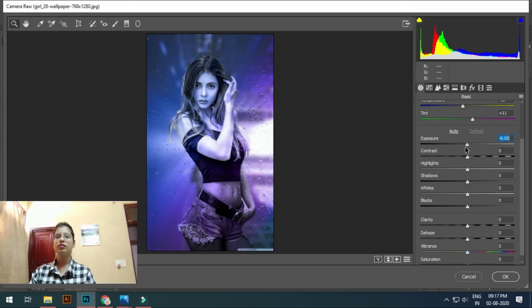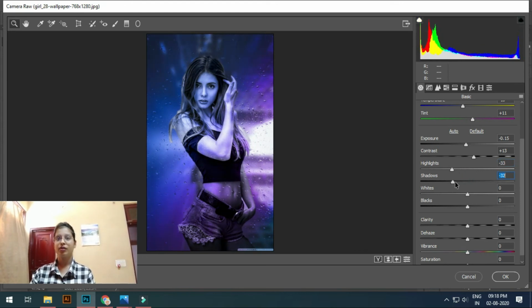Exposure for lightening and darkening, we adjust it to middle. Contrast, we adjust highlights, which is too much. Highlights for the black and white colors, so take it in minus.